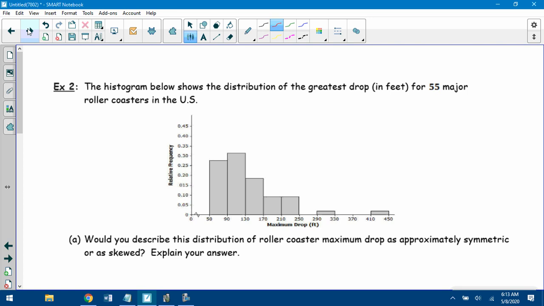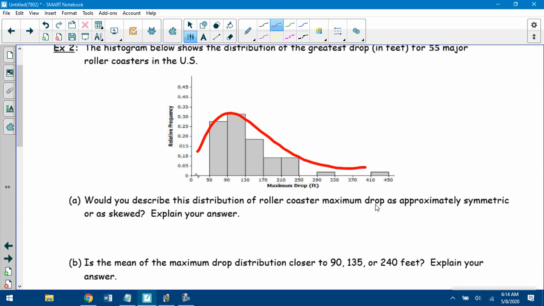Okay, the histogram below shows the distribution of the greatest drop in feet of 55 major roller coasters. Would you describe this distribution of roller coasters' maximum drop as approximately symmetric or as skewed? Explain your answer. Sometimes it just takes drawing a picture in. Symmetric or skewed? Skewed. And it said to explain your choice. I would say it's skewed, and it's skewed right